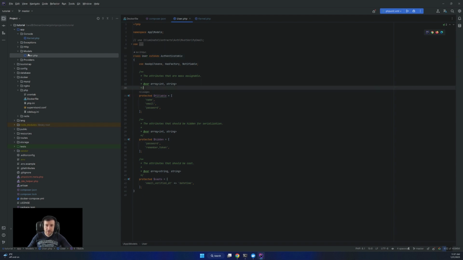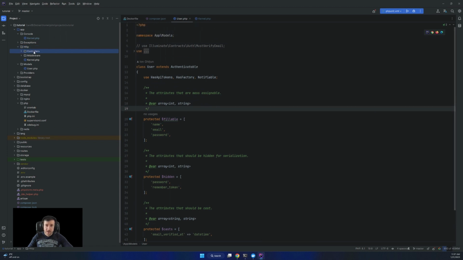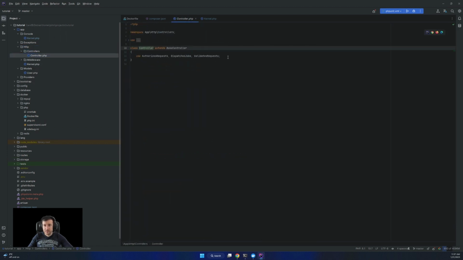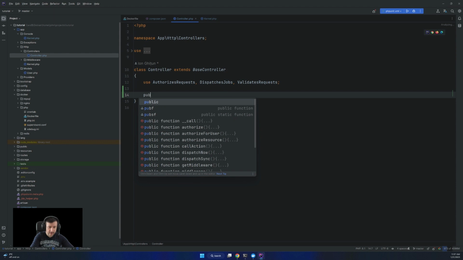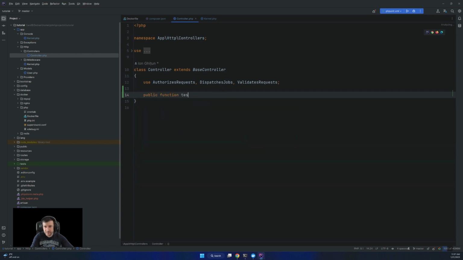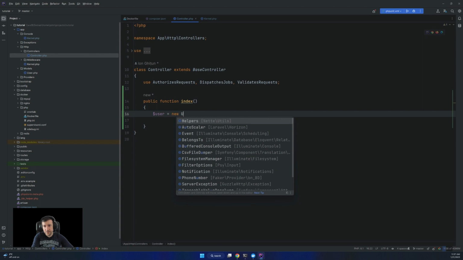If I go into a controller, let me make it a little bit bigger. I have a public function test, whatever, index, doesn't matter. All right, and I go like this: user equals new User.